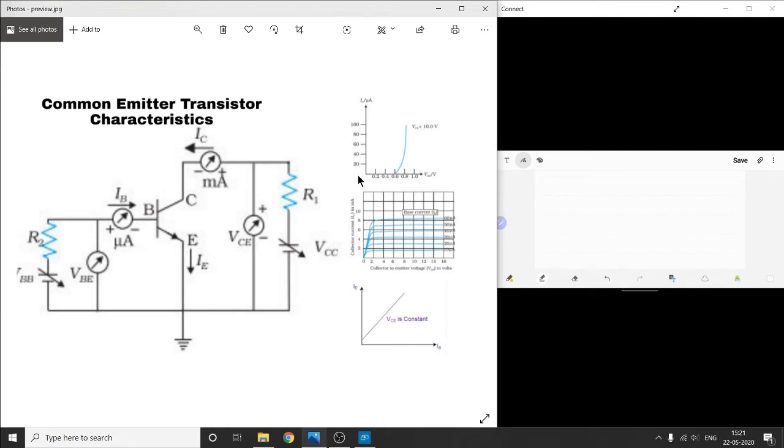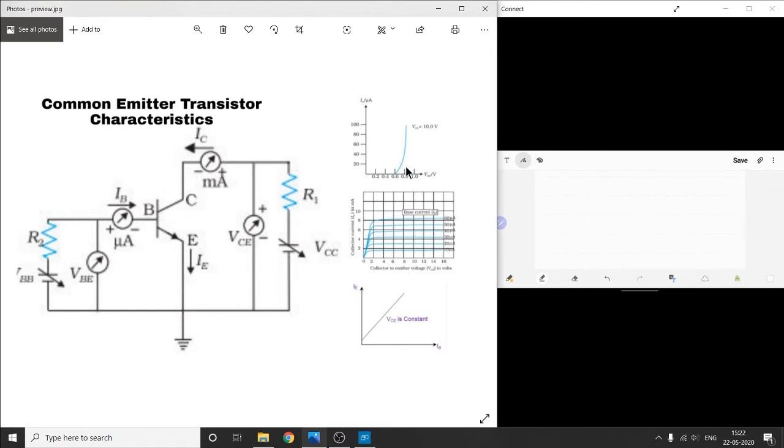Then take a graph paper for plotting the graph. On the x-axis you have to put the values of VBE, and on the y-axis you have to put the values of IB. This variation of current and voltage will show the input characteristics. You repeat this when VCE is fixed at the value 10 volt, 20 volt, 30 volt, etc. This graph shows you the value of VBE versus IB, where IB is in microamperes and VBE is in volt. You will get the first set of graphs like this.